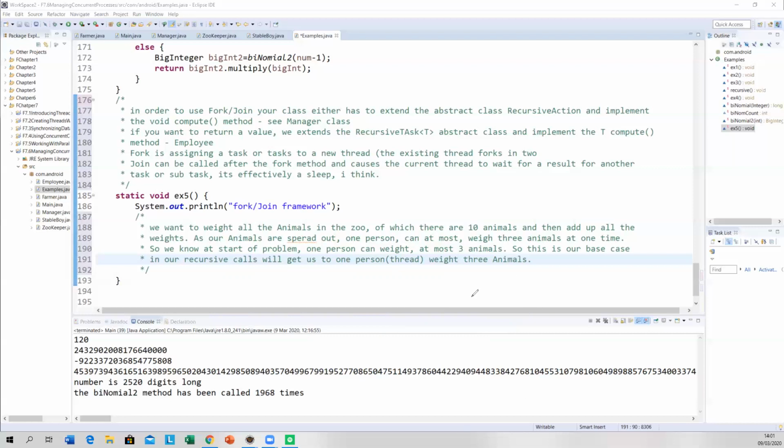So, now, just further. We want to weigh all the animals in 1 hour. Weigh all the animals in the least time possible.